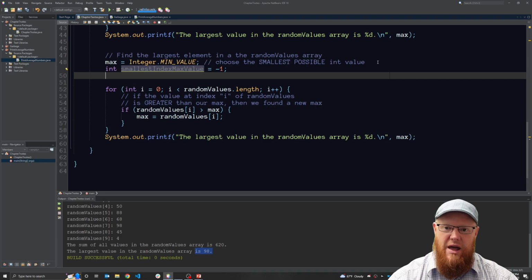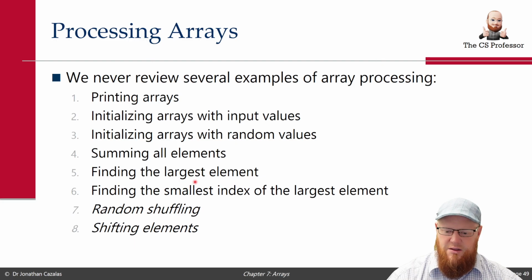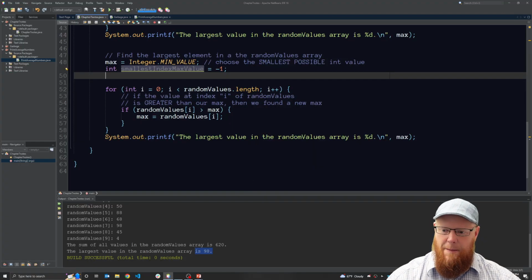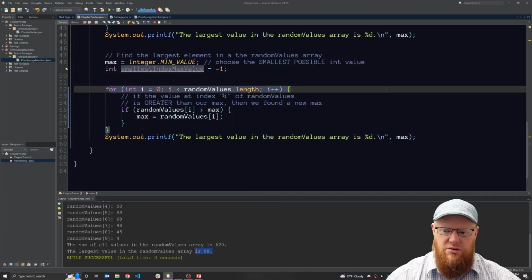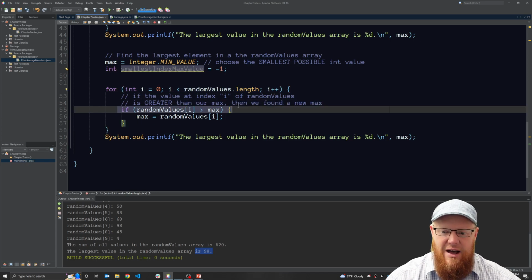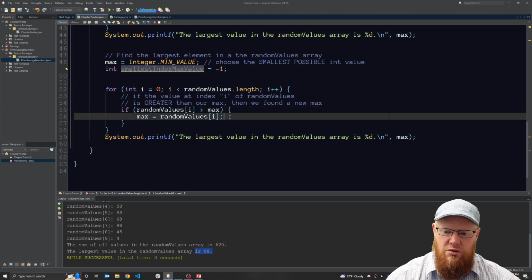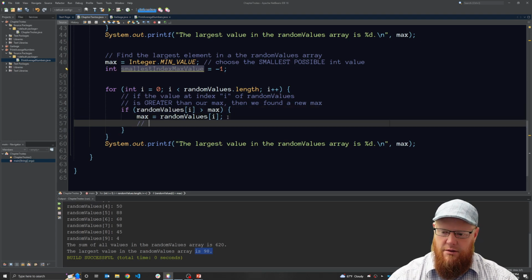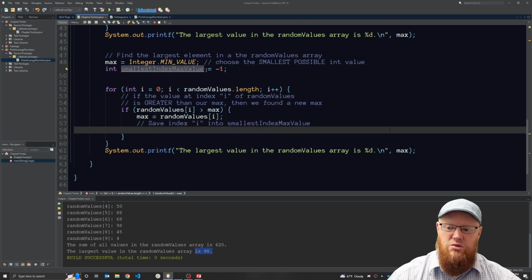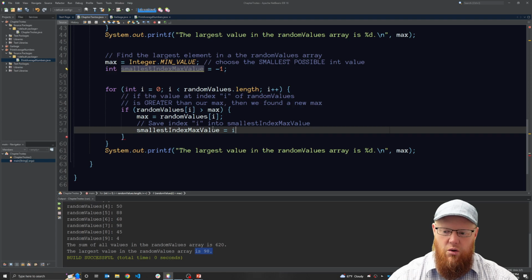And we also need to keep a current index. No, I don't think we need to. So here, let me think about this. We need to find the smallest index of the largest element. So first of all, we just simply want to loop over all values, try to find the largest element, and every time we find a new larger element, what do we want to do? We want to save index i into smallest index max value. That's what we want to do, to show here is the index where we found